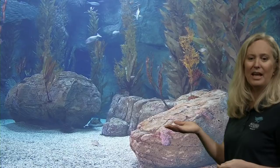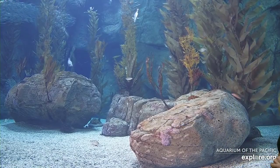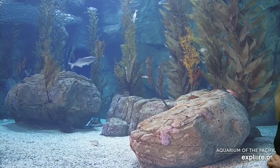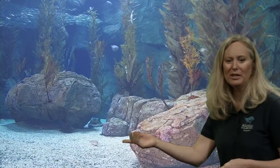all that kelp actually provides a nice place for animals to hide out and camouflage. Now, camouflage is when their colors are helping them to blend in with their environment. But also the behaviors of these animals are helping them to camouflage, because some will actually hang out so that they're right in the blades and kind of at an angle, living in the kelp. I don't know that we're going to have a chance to see any very closely doing that now, but it's definitely something to keep your eyes open for as we explore and look at